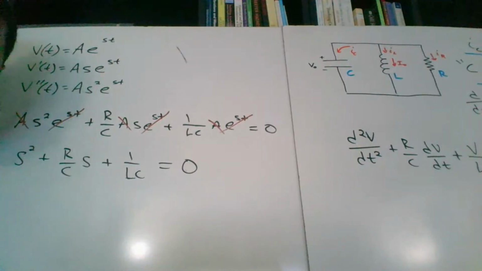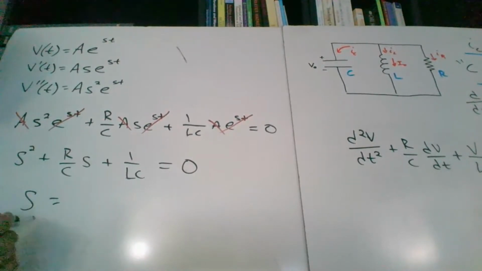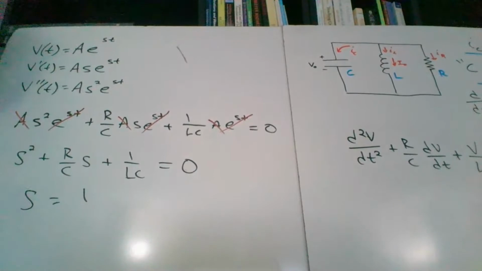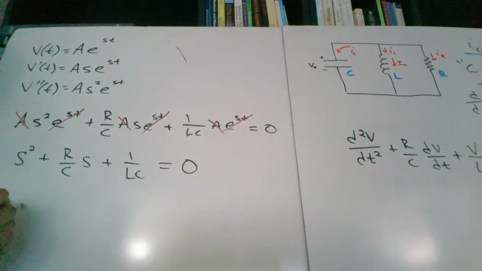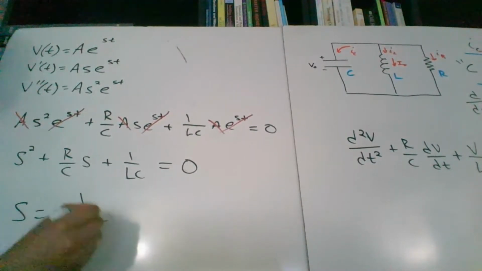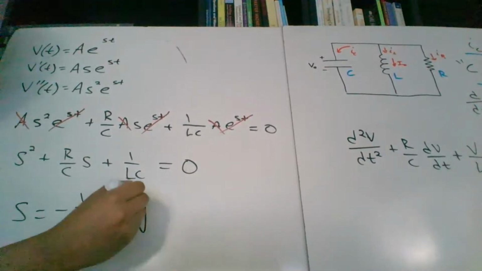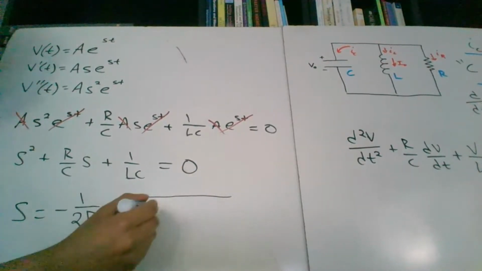Now, if we wanted to solve for s, this is a quadratic equation, s squared, s, and no variable here. So if we solve for s, what we'll get is that s is going to equal negative, whoop, I'm going to run out of space here. Let's see, what am I going to do? I'll try to write tiny. So s will equal negative 1 over 2 times RC plus or minus the square root of